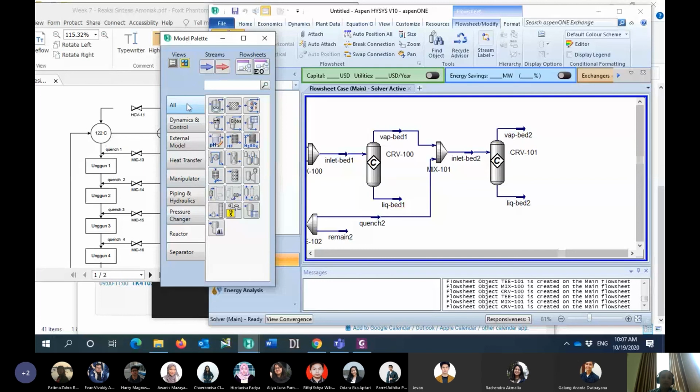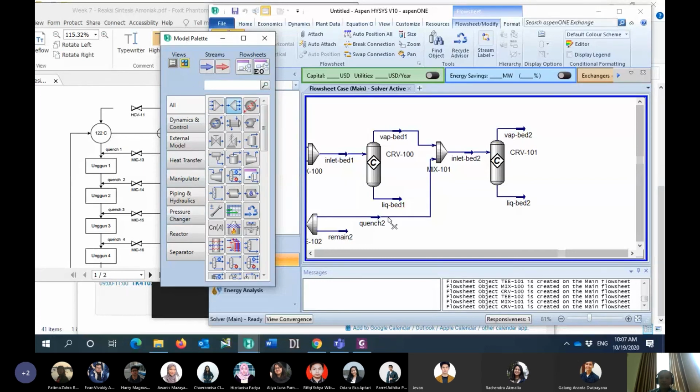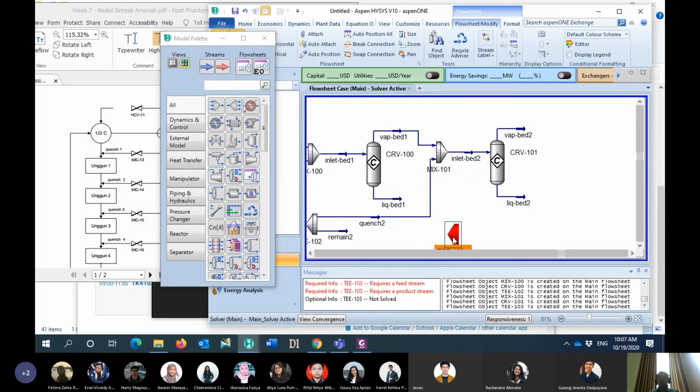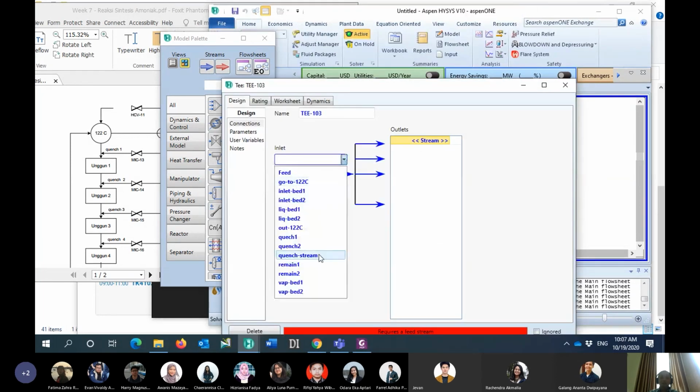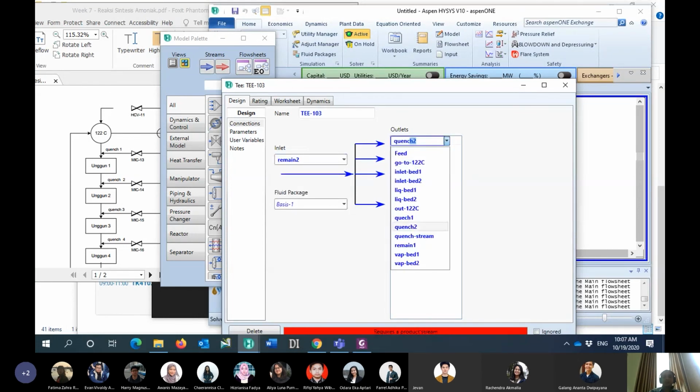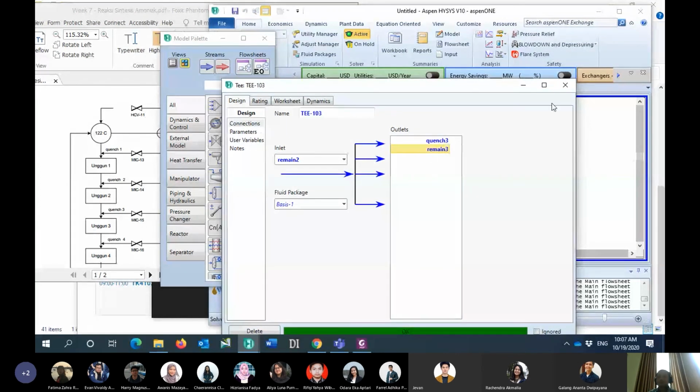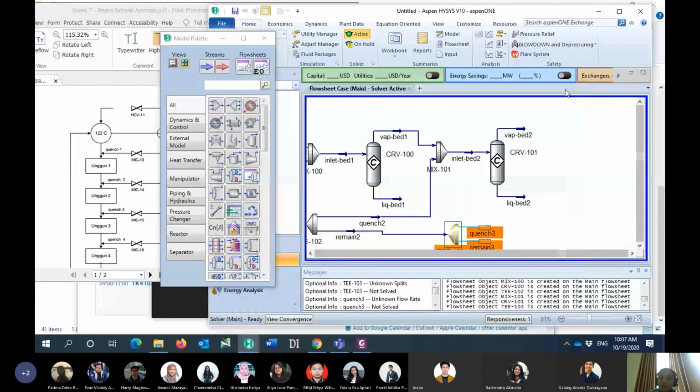So we have to put the T in here. What is the T used for? The T is to split the remain 2 into the quench number 3 and then remain 3. Okay, and for this one I set 0.4 again. I don't know, I will optimize later.